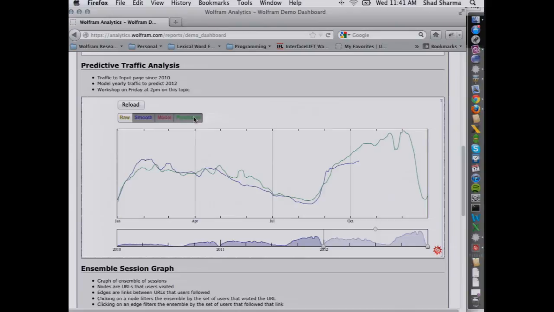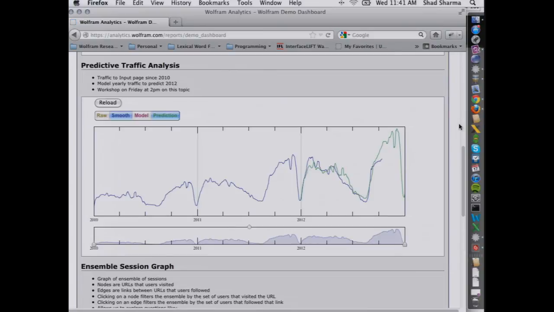And so what we can see here is what our predicted values are and what the actual traffic was for 2012. And the error is not that bad. Now this is telling us a story. This is telling us the story that our peak traffic is right at the beginning of December. So if your business saw a traffic pattern like this, then the best time to release a new product or to make an announcement is in December. That's what this is telling us.